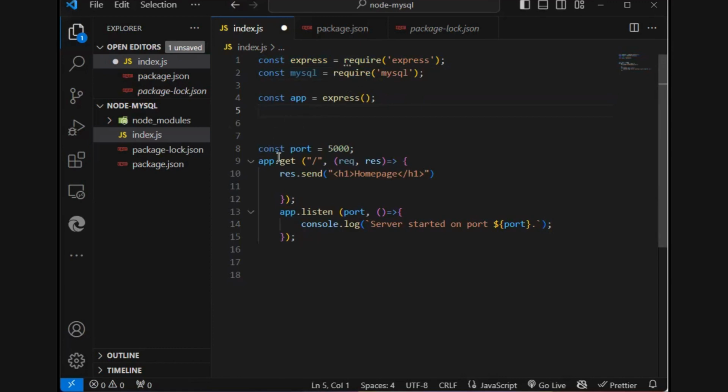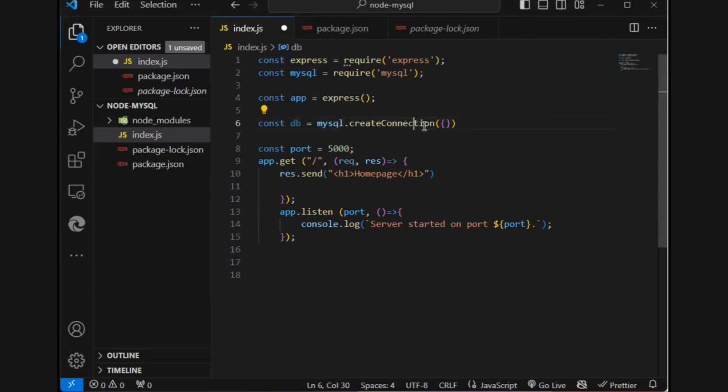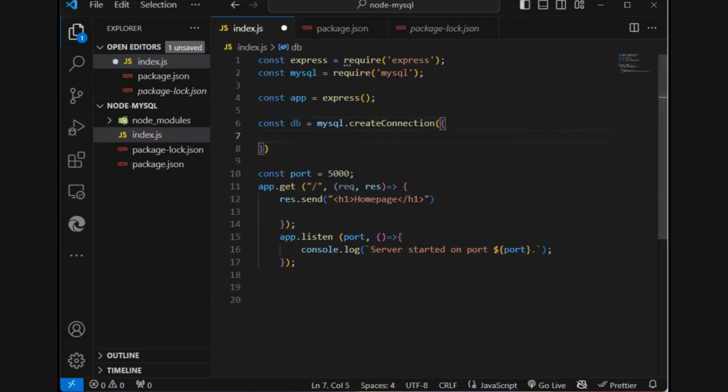start our database. So to do that, we should write the following line, which is const db. db here is a variable in which we are going to store our MySQL connection. You can give it any name that you want and type the following line, mysql.createConnection. This is a function inside Node.js that creates a connection. So inside this function, we're going to add some objects,